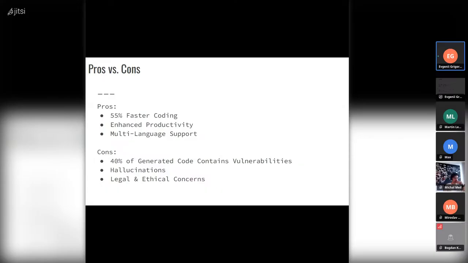Another problem it has, from some GitHub studies, is that 40% of all generated code contains some vulnerabilities like SQL injection or something like that. And it is much more than usual human written code contains. Again, another problem is hallucinations, which I already mentioned, but another problem with it